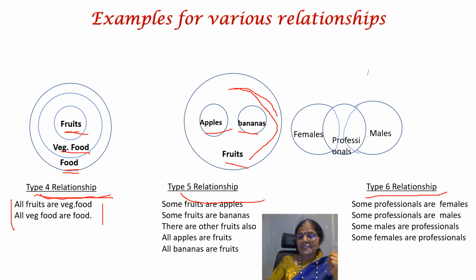And the type 6 relationship, again 3 variables. What are the variables? Females is one variable, males is another variable, and professionals is another variable. So we have 3 circles here which overlap. What does it mean? Some professionals are females. This intersecting point, this overlapping portion,